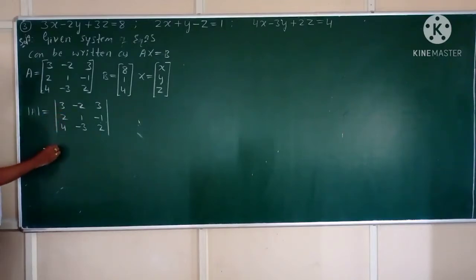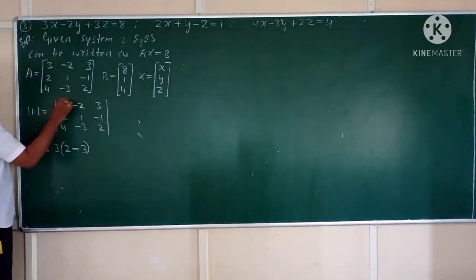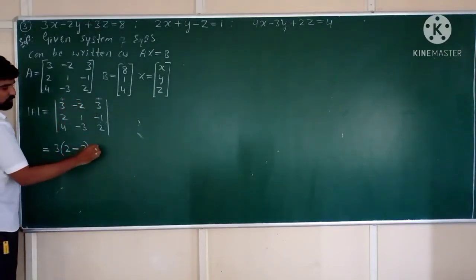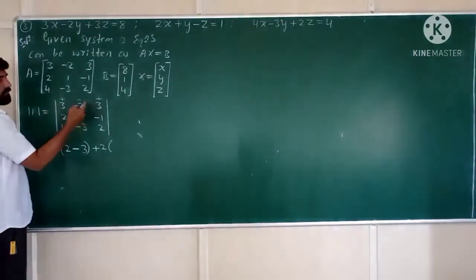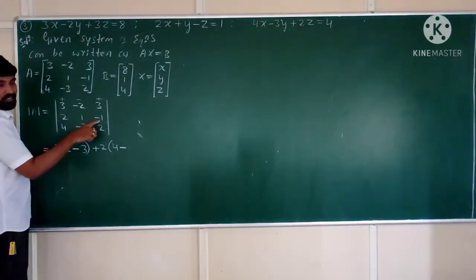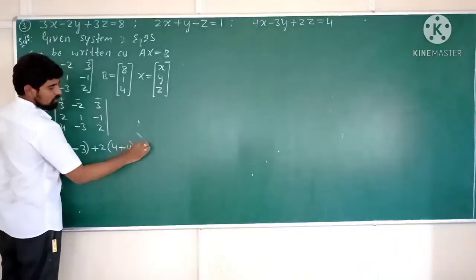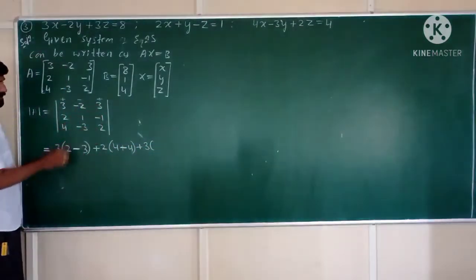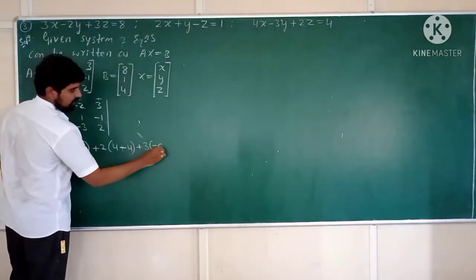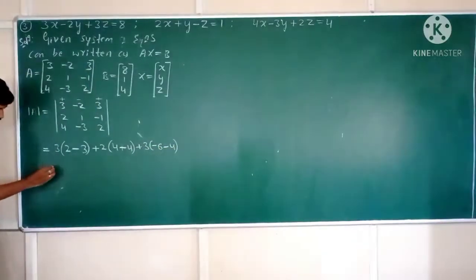which is equal to 3 into, deleting the first row first column, 1 into 2, 2, minus 3 into minus 1, plus 3. Next, here the signs are plus, minus, plus, so minus into minus 2, plus 2 into, deleting the first row second column, 2 into 2, 4, minus, 4 into minus 1, minus 4, minus into minus, plus 4, then plus 3 into, deleting the first row third column, 2 into minus 3, minus 6, minus 4 into 1, 4,